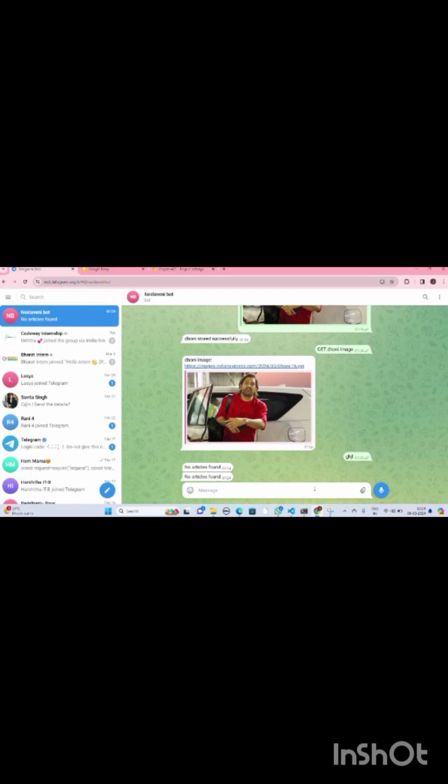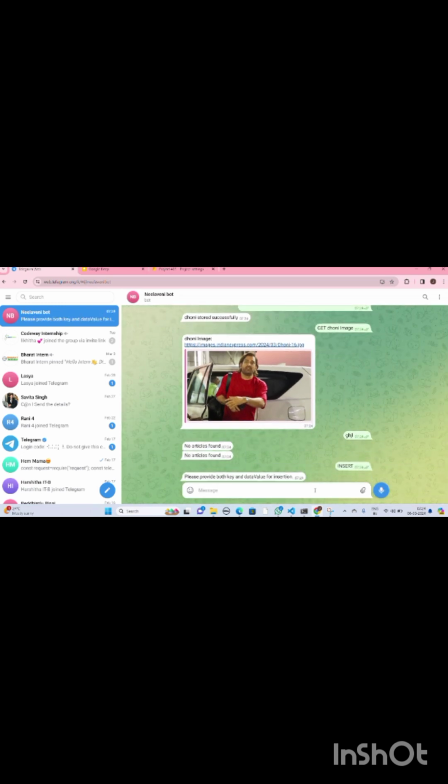If I enter any random data, then it gives no articles found. If I give only insert, then it will give please provide both key and value.